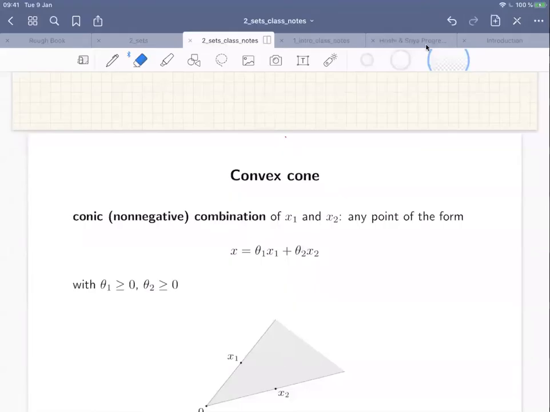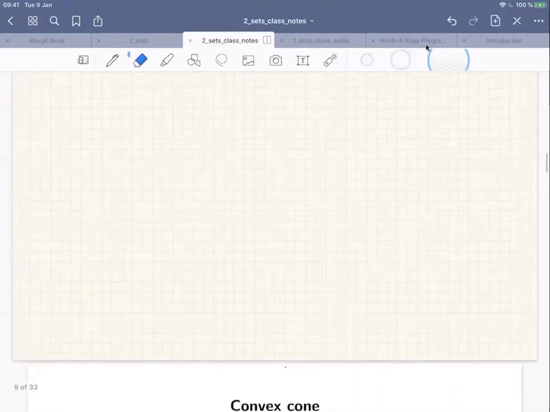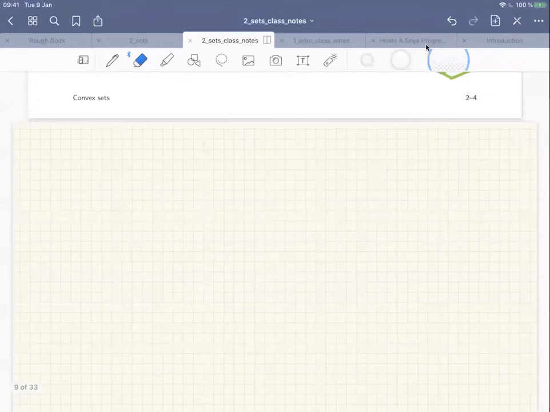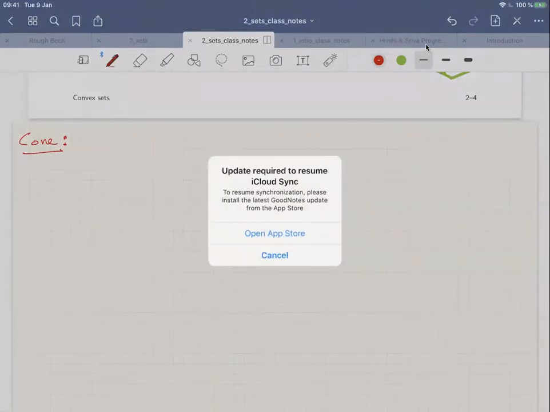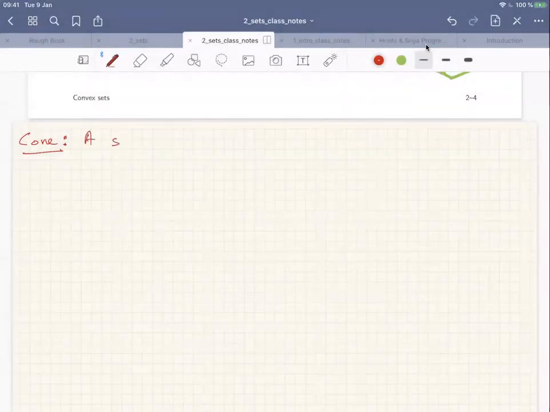Now let's see what is a convex cone. Before defining a convex cone, let's see what is a cone, a general cone. Let's say C is a cone